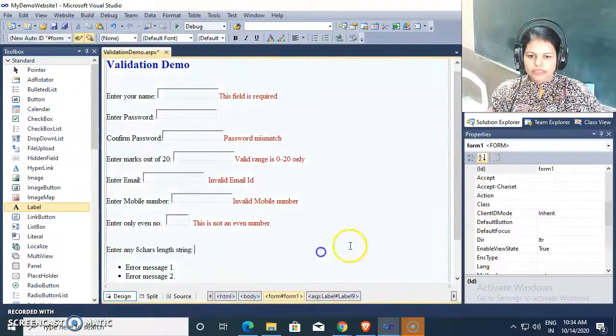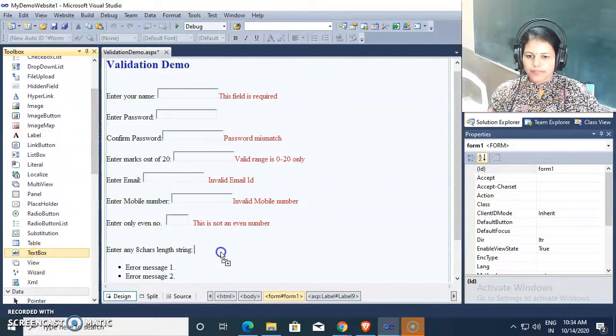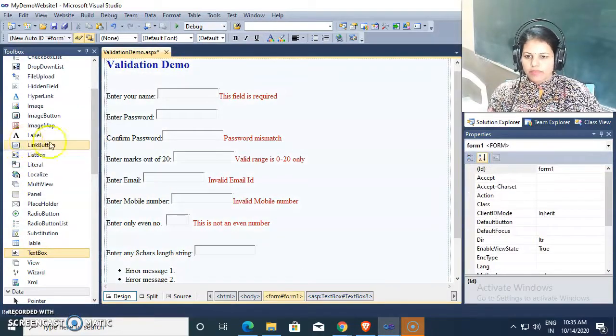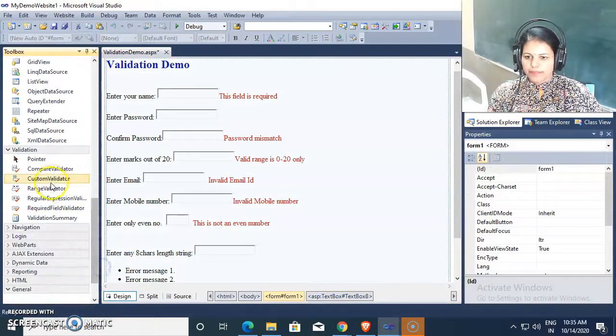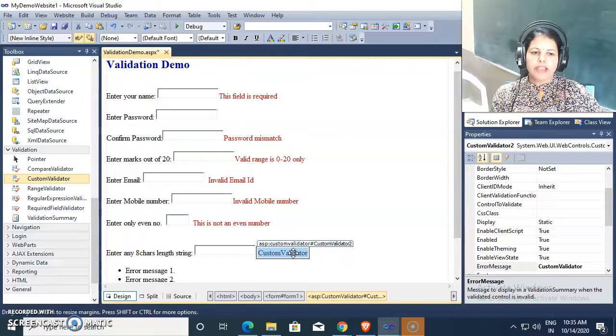I am giving the message like this, and for entering the string I am taking one text box here. Again I am using a custom validator, and at this point I am checking whether the value of this field is 8 characters long or not. If it is 8 characters, then it is valid. If it is not, then it is invalid. So this is our logic, and we are checking it at the server side and not at the client side.